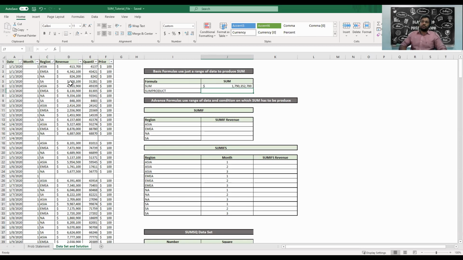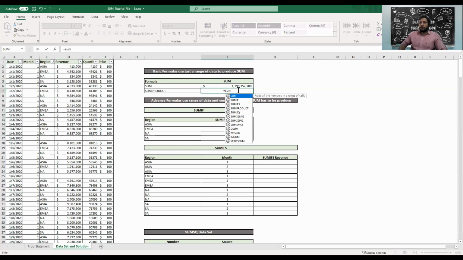Now let's say there is no revenue column, you don't have this column. How would you produce this 1.79 billion number, to show in your KPI or to your manager or someone? So you will just say SUMPRODUCT, and you have to give two arrays. Those two arrays could be quantity and price.